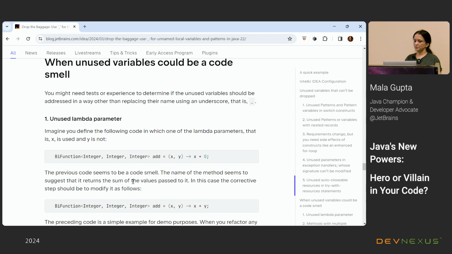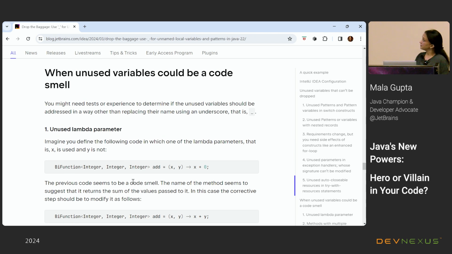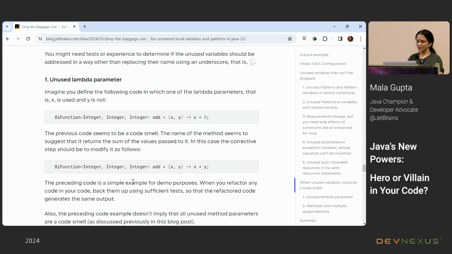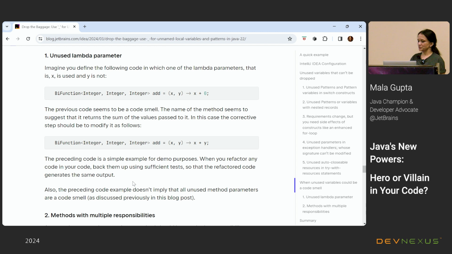Again, I mentioned the places where this could be a code smell, and we really need to figure out if the unused variable should exist in the first place or not. So, let us say we are talking about an unused lambda parameter, should we be using another function, another lambda instead of this one, instead of just numbing that with an underscore?